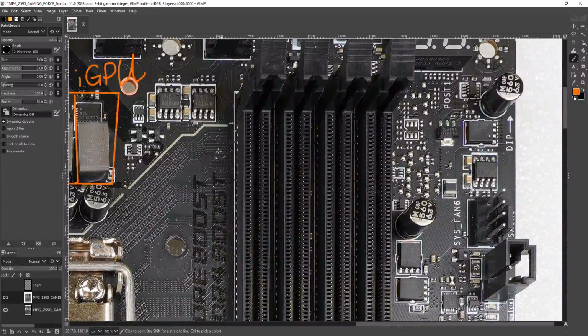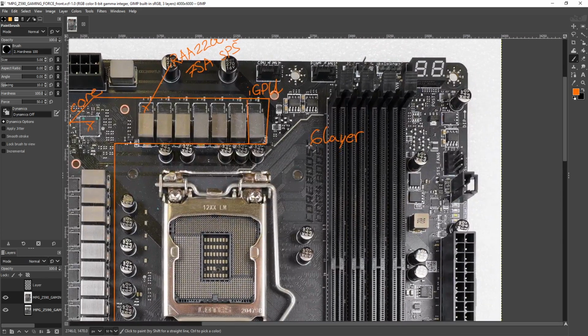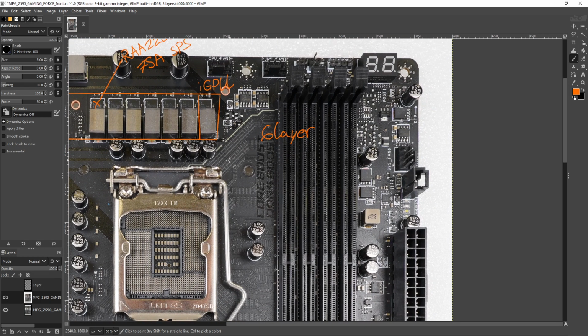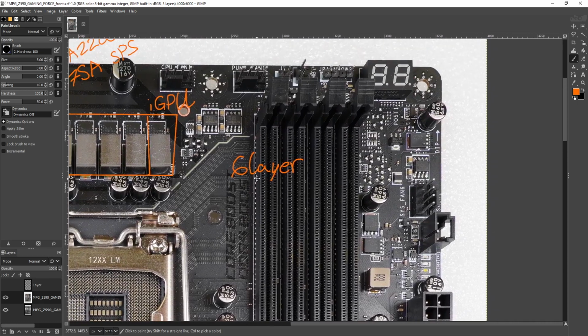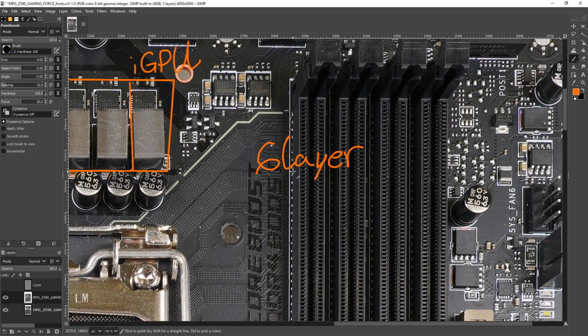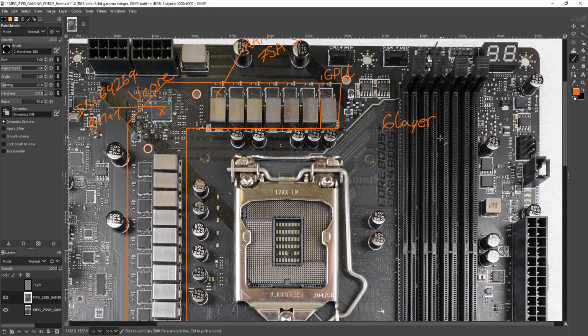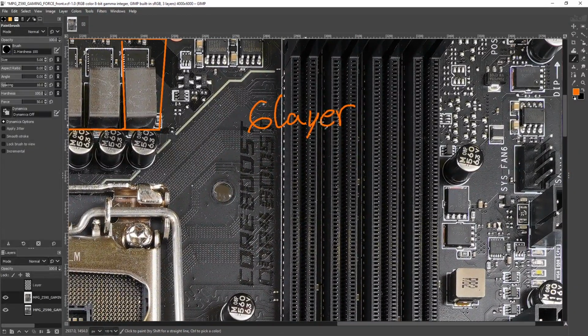So for memory, the motherboard uses a 6-layer PCB, which I guess you could include in the power delivery section as well, because that gives you more power plane to work with, and that obviously improves power delivery to the CPU socket. But I haven't figured out how to mention it twice, because having a 6-layer PCB is relevant to both the power delivery and the memory layout. But anyway, with the 6-layer PCB, we're looking at a tabbed daisy chain topology, which MSI was already doing on their Z490 boards. And since it is a daisy chain,